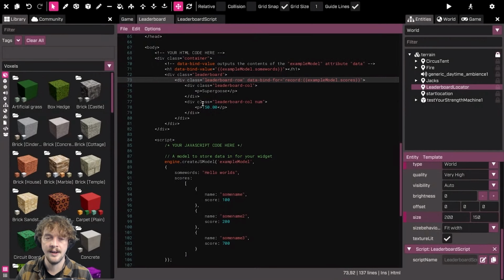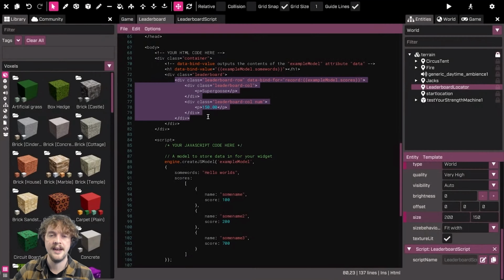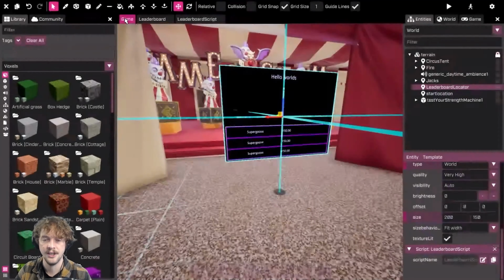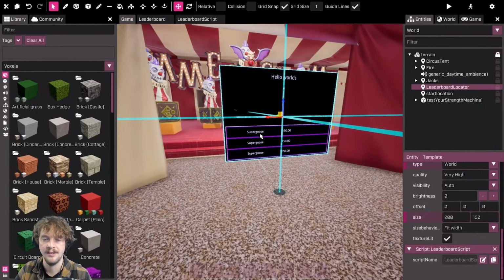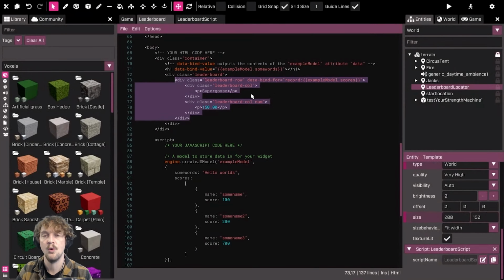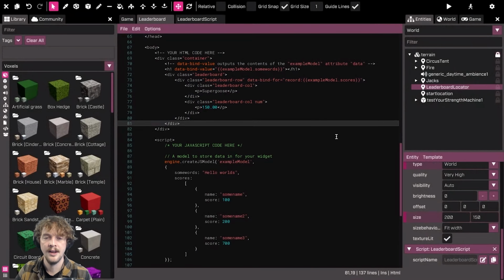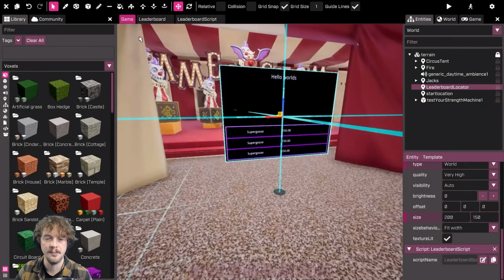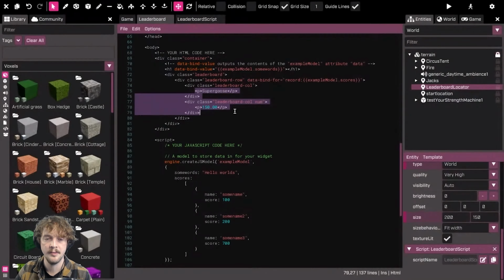Now that I've done that, this row, or everything between this div and this div, will be duplicated for each one of these scores. And we can see that in action already, because you can see there's 3 scores, even though I've only got 1 row. So that's already working. Now, at the moment, the data is all the same for all 3. If I want this data to be reactive to that, all I need to do is use the